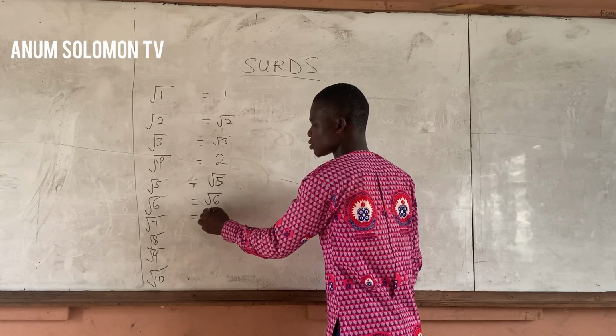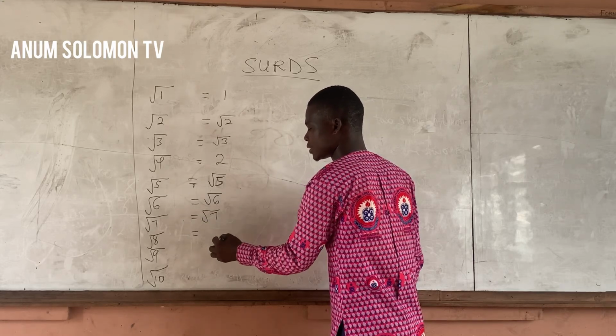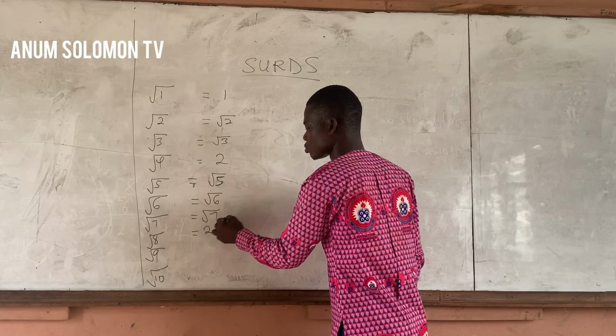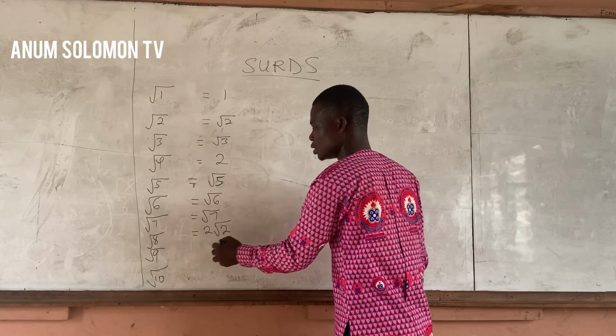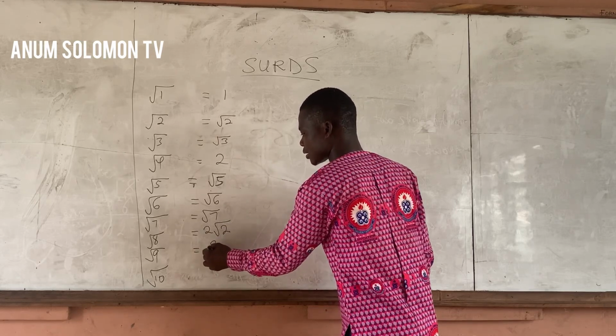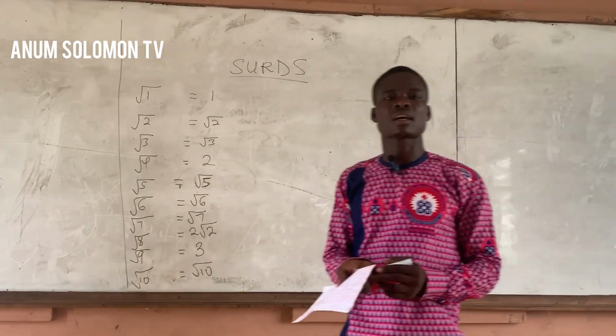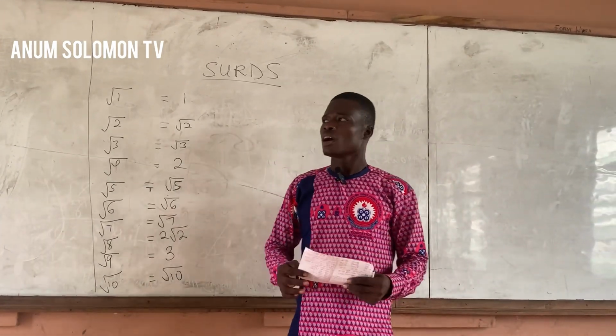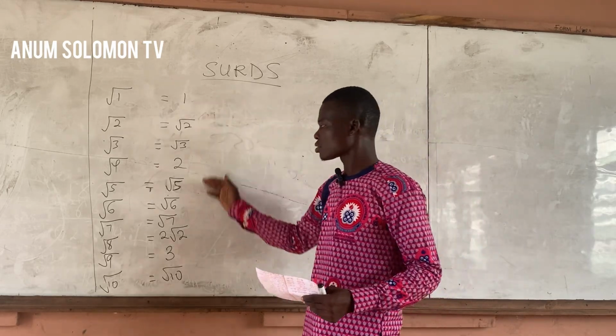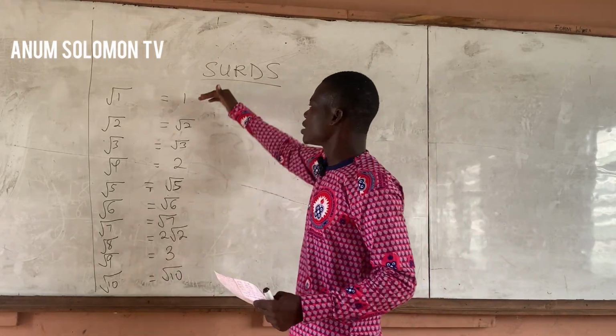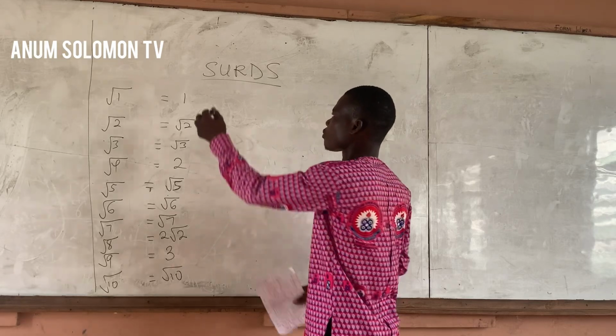Root 7, root 8 will be 2 root 2. And root 9 will be 3. Root 10 will be root 10. So when we take our time and check the kind of results, you see that root of 1, the result